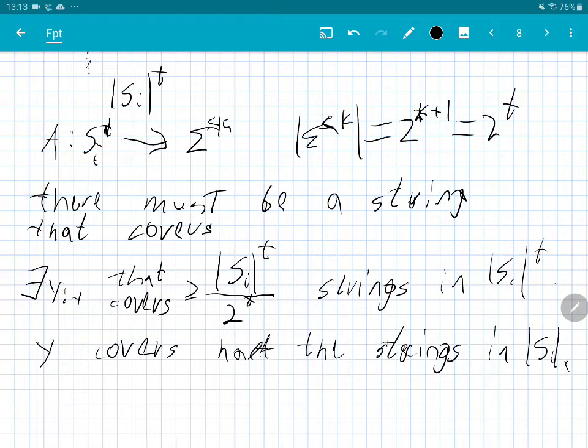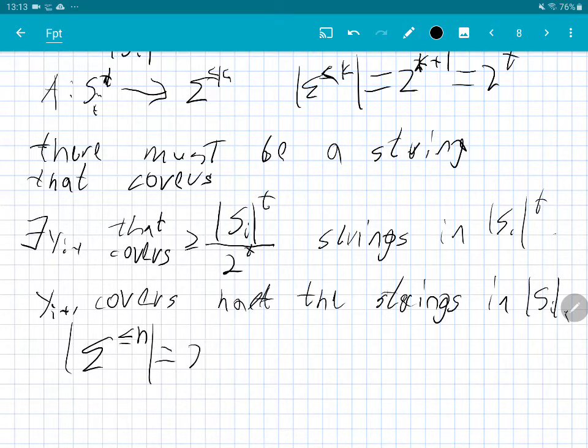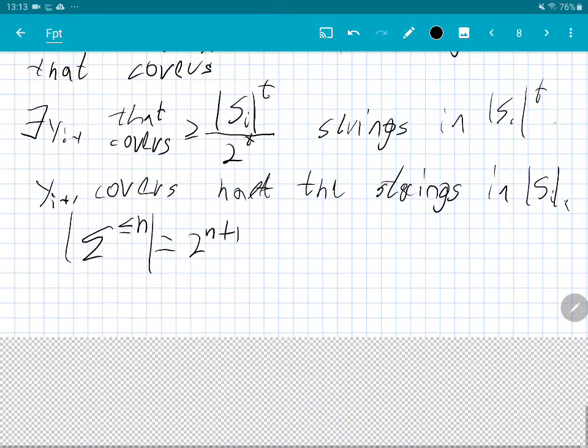Okay? And now we are done, right? If this is true, then we are done, right? y_{i+1} covers half the strings. The number of input strings is sigma at most n, right? Which the size of this set is 2 to the n plus 1. Every time we run the greedy algorithm, we find a string that covers half of the remaining space. So after n plus 1 iterations, we are done. So that's it, right? So I just need to prove to you that this condition is indeed true, right?